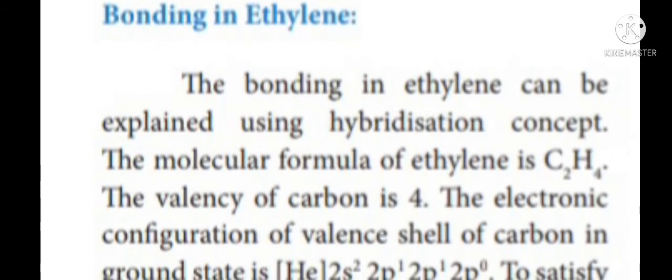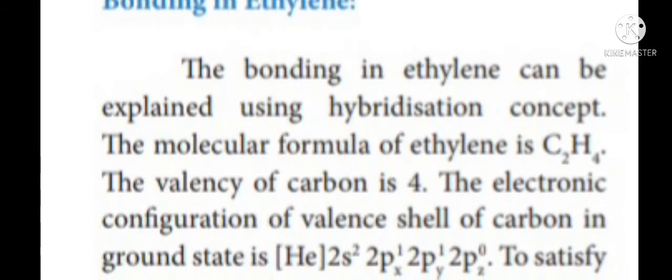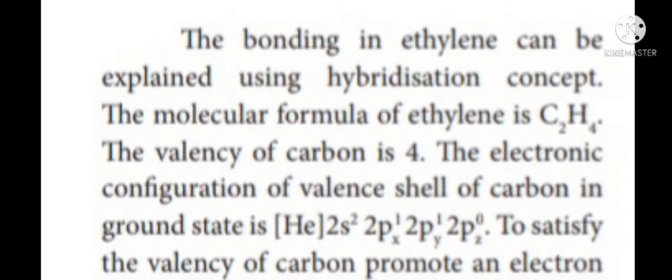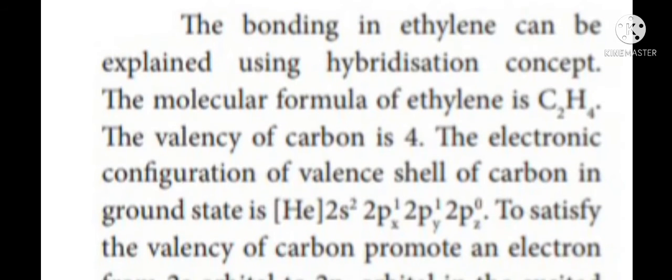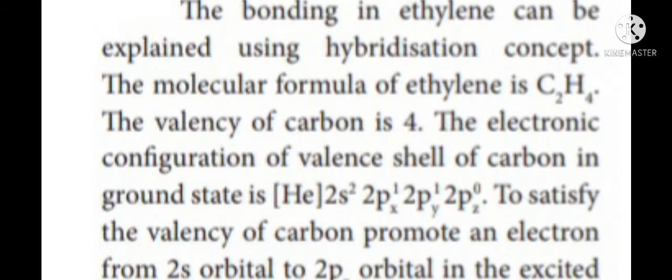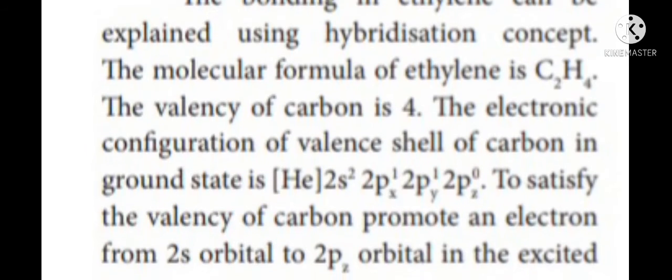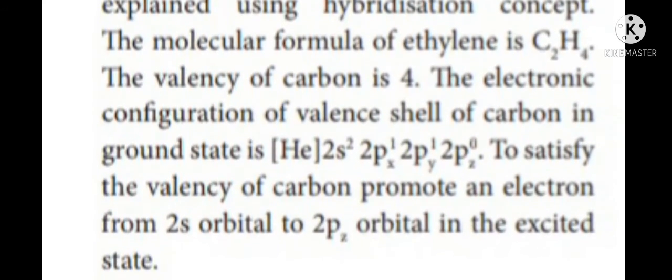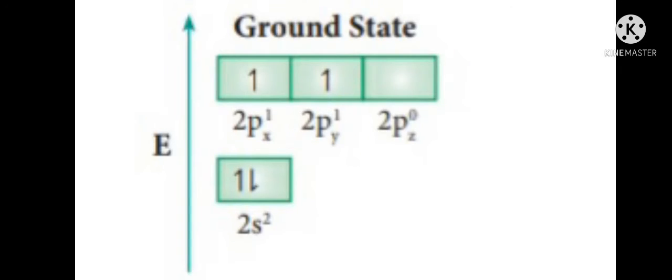Next, let me discuss bonding in ethylene. Bonding in ethylene can be explained on the basis of the hybridization concept. Ethylene with the molecular formula C2H4. The carbon with the atomic number 6. The electronic configuration of valence shell of carbon in ground state is given by the stable electronic configuration of helium, 2s2 2px1